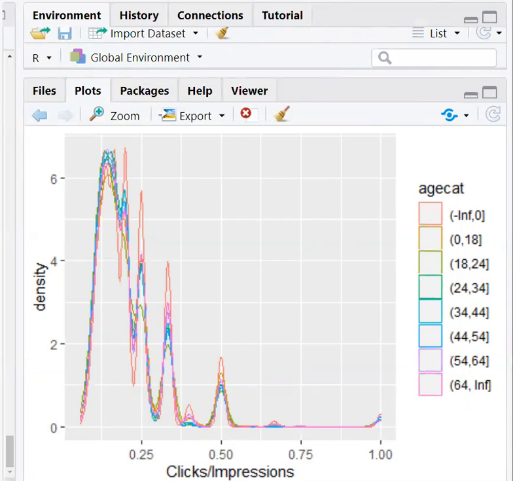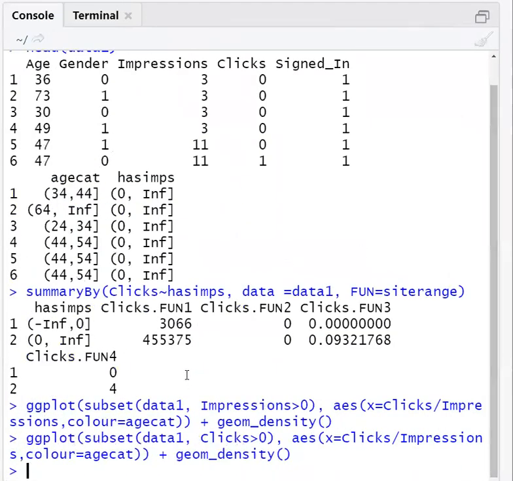So different box plots, all those things can be drawn. One more density plot, or box plot, can be drawn for this one.